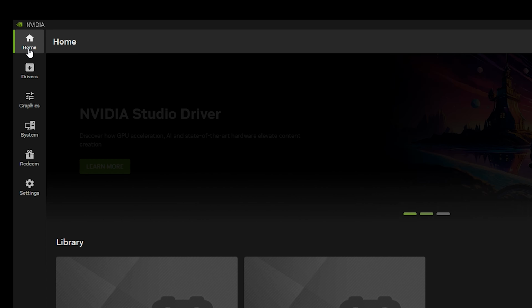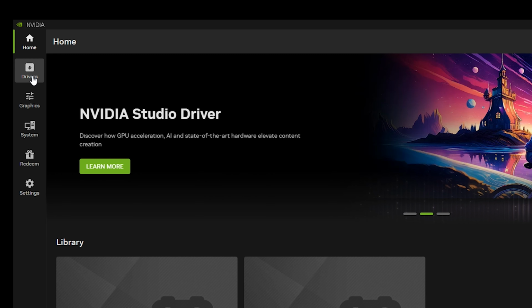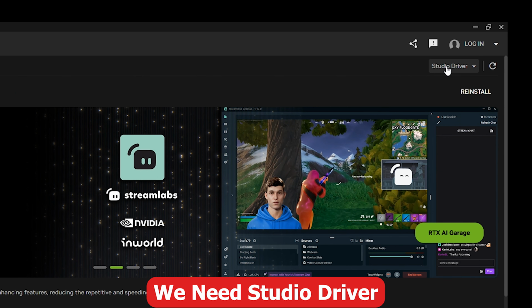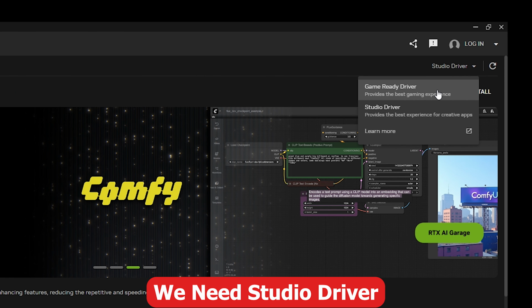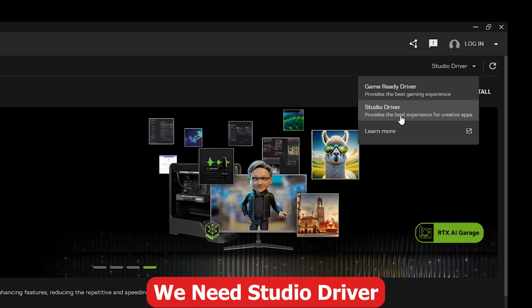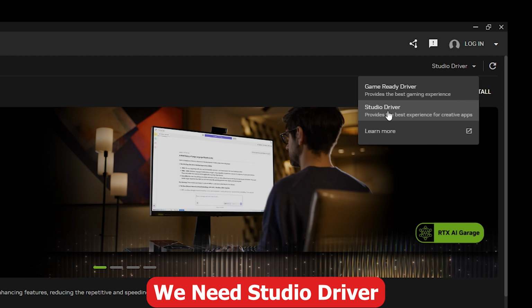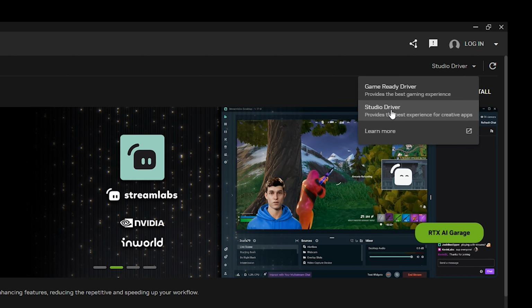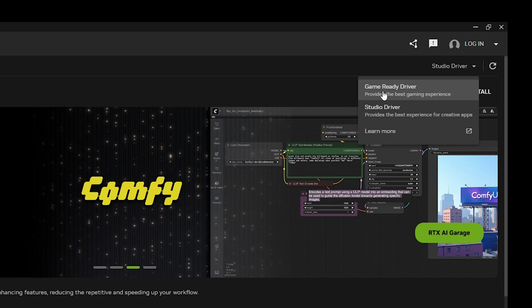Once you're right inside the NVIDIA app, you need to navigate to the drivers in the left navigation of the NVIDIA app, and you need to make sure you have the Studio Driver installed on your PC. You can see two options here. This is the Game Ready driver and this is the Studio Driver. We need to proceed with the Studio Driver because it provides the best experience for the creative apps, which includes the media encoder. But if this Studio Driver does not exist, you can go with the Game Ready driver, that's